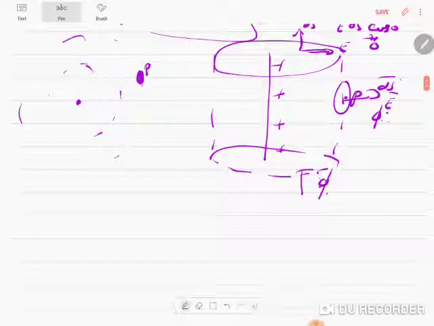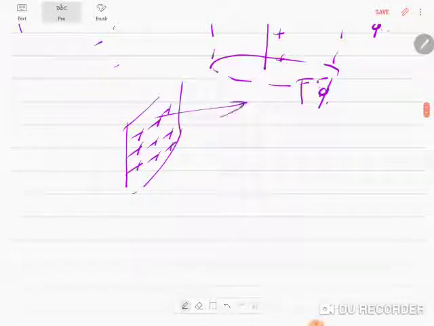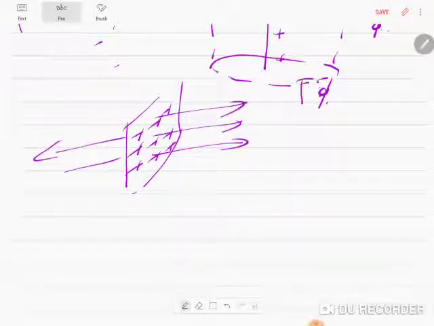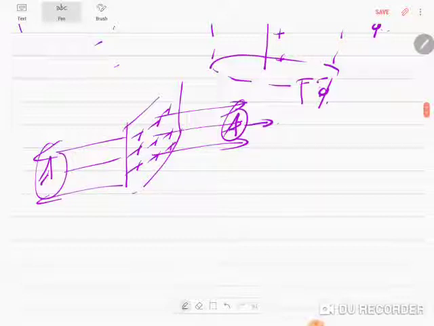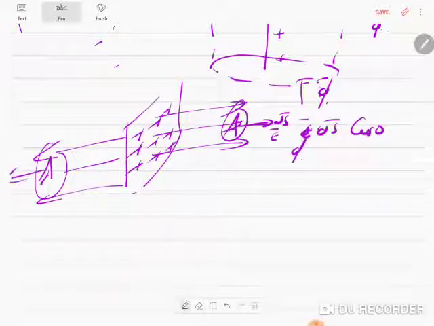In the case of an infinite plane sheet, you know the charges will be staying on the surface. I've shown you with the mobile, and so then the electric field will be emanating from here and from the sides, and hence the Gaussian surface will be an imaginary cylinder like this with an area here and area here. The ds vector is here and the electric field is here, and hence E ds cos 0 will be there only here, which is flux will be available only on this side and this side. There's no flux on the top and the bottom because E ds cos 90. So these are the basic things.